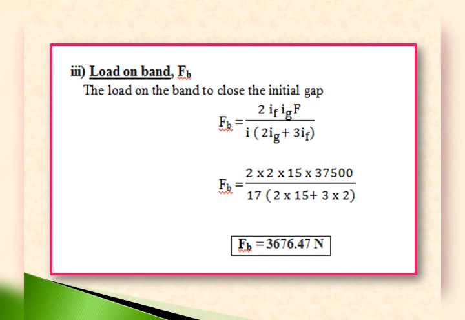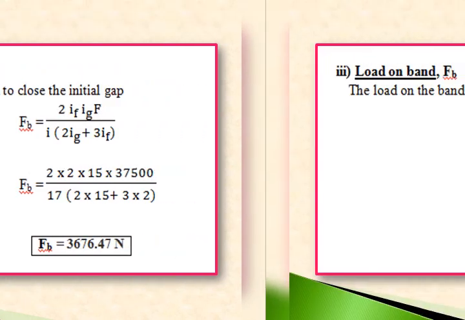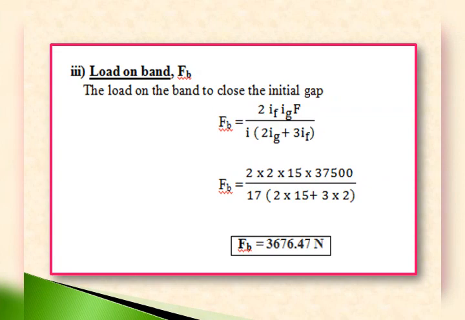After obtaining the initial gap or nip C = 11.35 mm, we'll go to the last unknown that he asked for, that is the load on the band F_B. This is the load required to overcome that gap, the load on the band to close the initial gap. That is the equation F_B = 2 i_f i_g F / (i (2 i_g + 3 i_f)). Now we'll substitute the unknowns. Here we know all the values. So F_B = 2 into